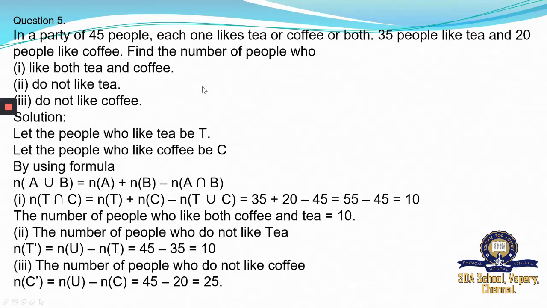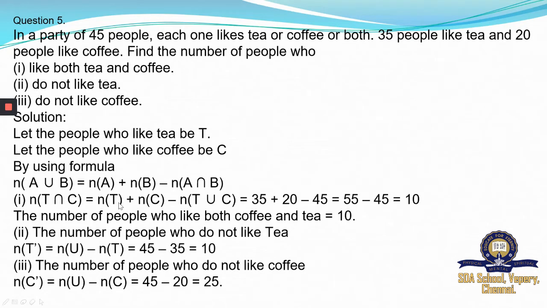Similarly, over here, we are going to solve this sum not with the help of a Venn diagram, but with the help of the formula. Okay, so let us reframe this formula. In order to find the intersection, let us simply exchange. Basically, let us bring n of A intersection B over here and n of A union B over here. So the sign alone changes. This minus becomes plus and this plus becomes minus. Then we have simply rewritten A and B with T and C. That's the only difference. T stands for tea and C stands for coffee.